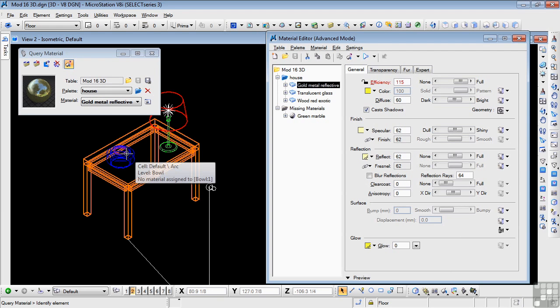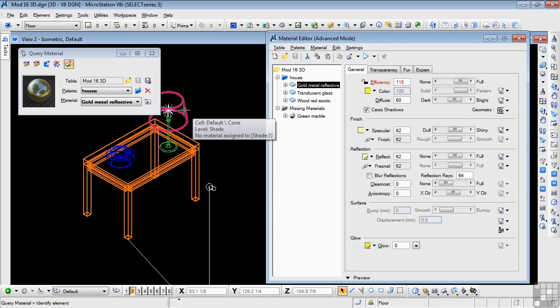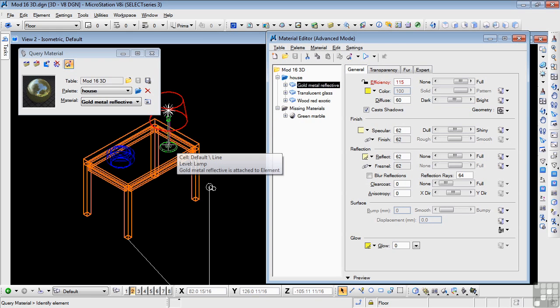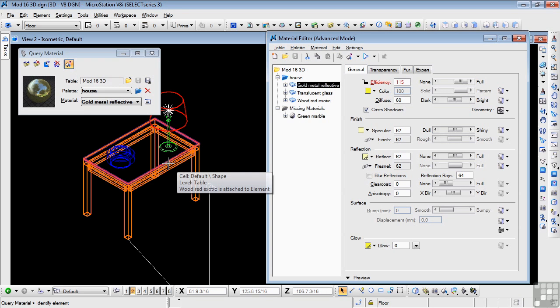Now, if I locate my cursor on the bowl, you'll see that no material is assigned to the bowl. And I've also noticed too that over here I don't have a shade material, which I should also have. So if I put my cursor on the shade, it also says no material assigned to the shade. However, the lamp base has the gold metal reflective and the table has the wood red exotic attached, so they're